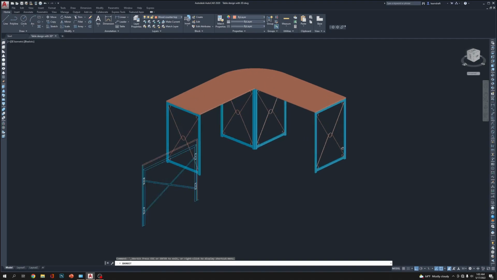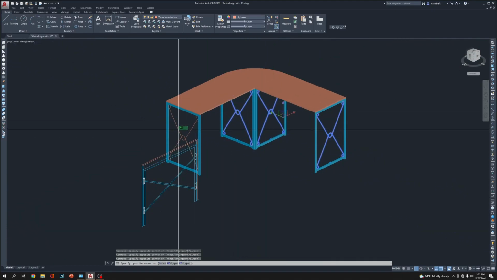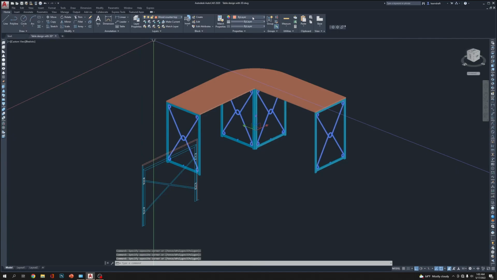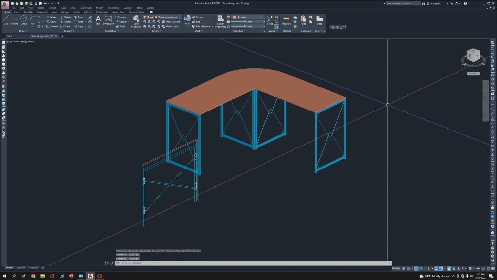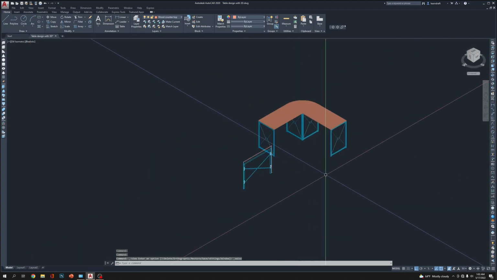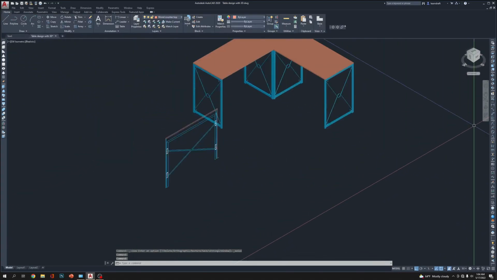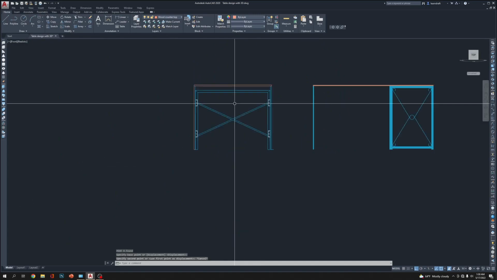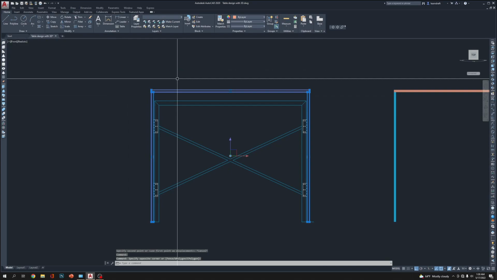Okay, oh no, one thing. I'm pressing escape, selecting this one piece of metal, 2, 3, 4, and change the layer from wood to metal because it is metal, right? Pressing escape, go to isometric view and see. Now we need to work on this metal bar. So let's click on the front view. Actually I need to make this frame first, so let's take this thing out,